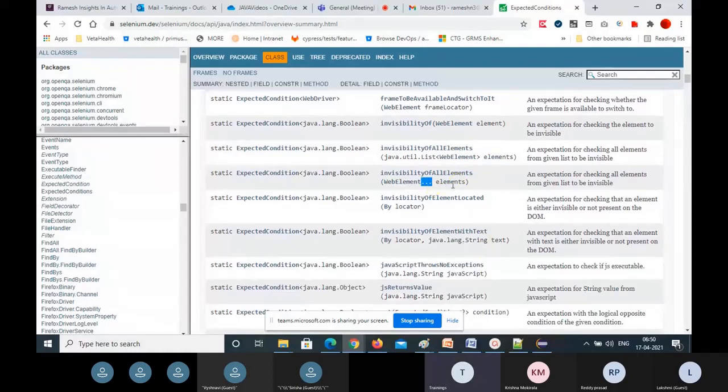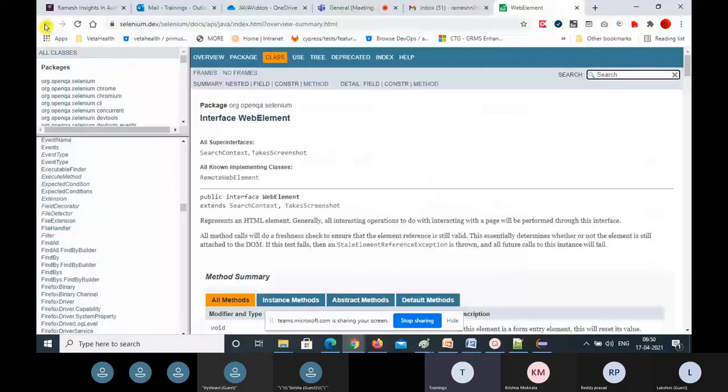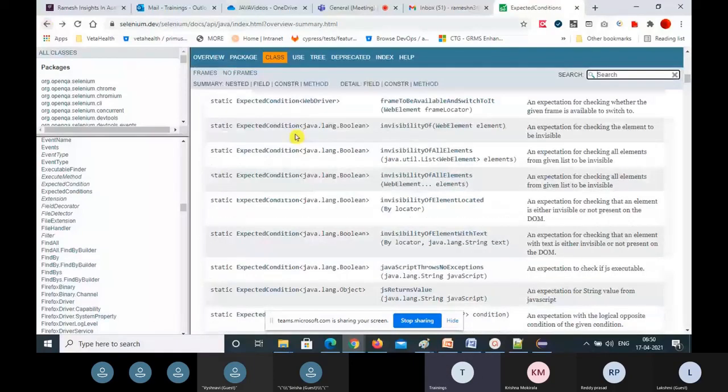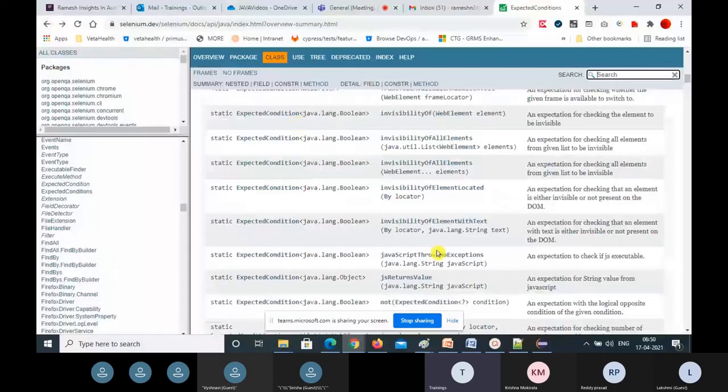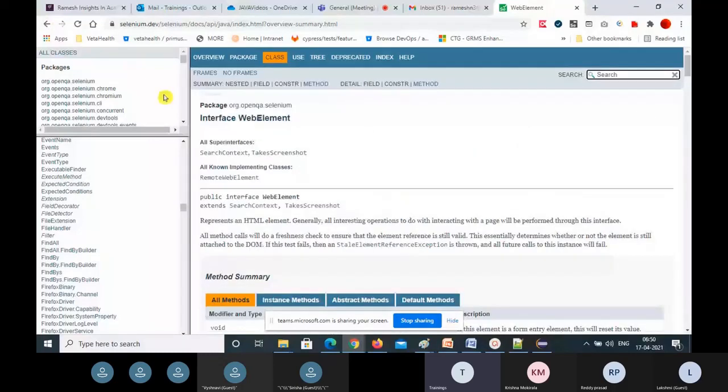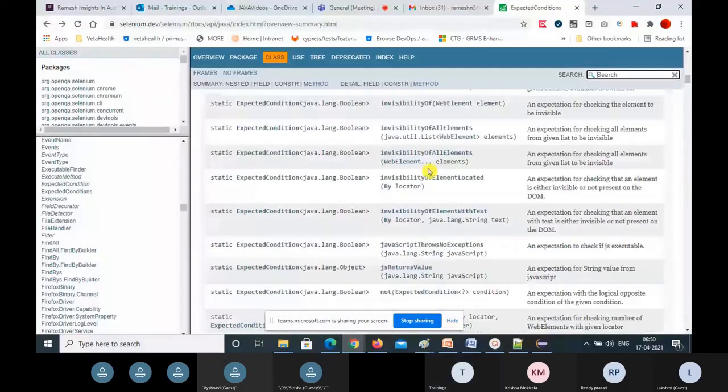You want to pass elements one by one, for example element1, comma, element2, like that. Data type with three dots means optional arguments. So you can pass as many elements as you want to wait for the invisibility of.